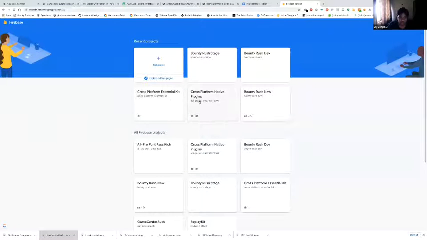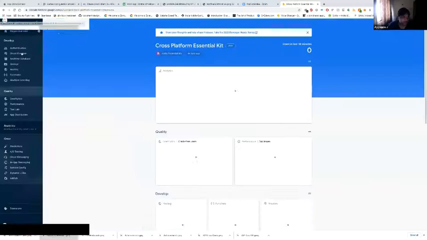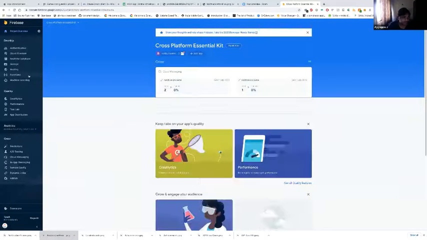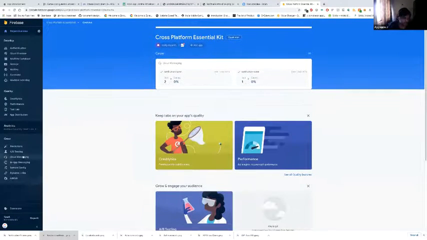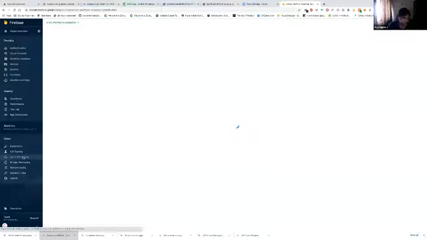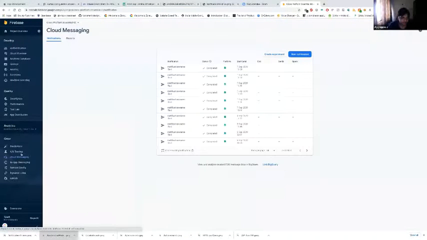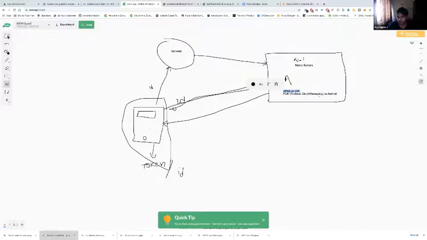So let's only go through notifications alone this time. On Android, it's usually called cloud messaging. Firebase Cloud Messaging, that's what I meant by FCM here. And you can configure it here.